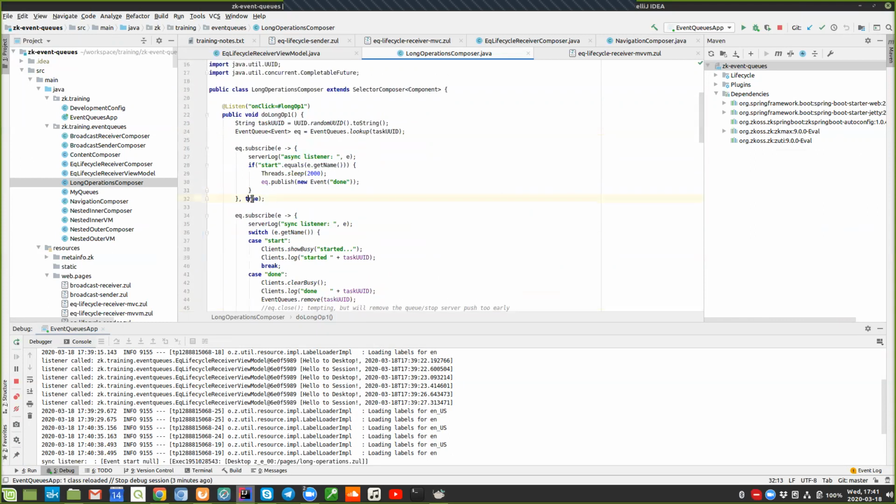True means this is an async listener, so this listener will run in a separate thread, and it will not block the UI. So that's where you can do your heavy job. Query your database and wait until the database finished filtering, while the user can still use the front end. Or what I do here, I just display the busy overlay. The busy overlay is just an effect. It doesn't have any meaning. The UI is still responsive, so I can remove this. I just remove the show busy,